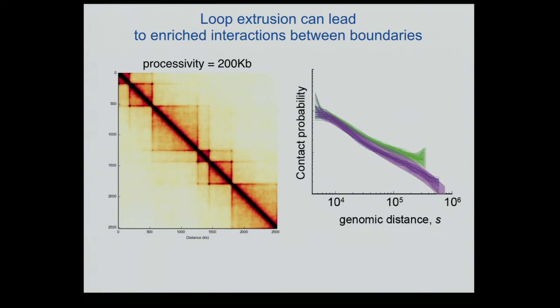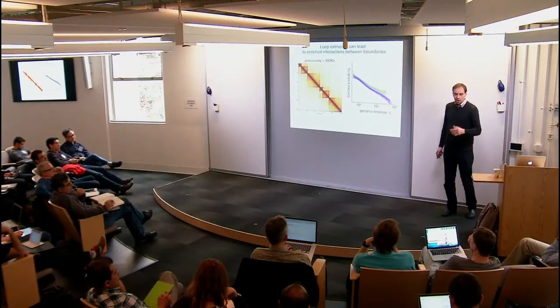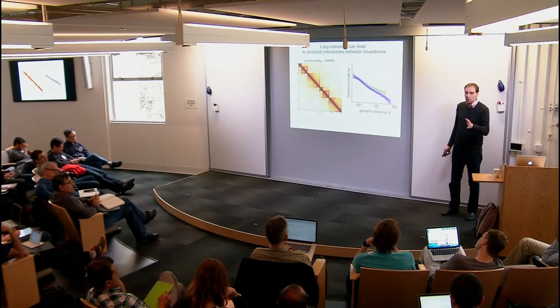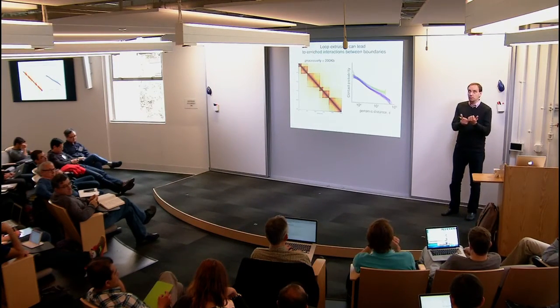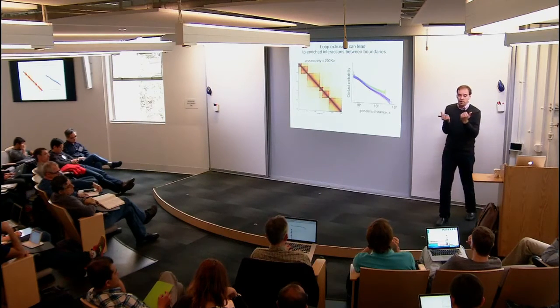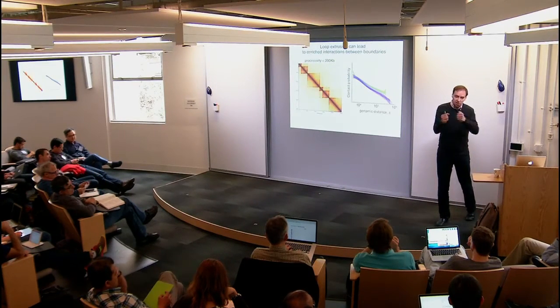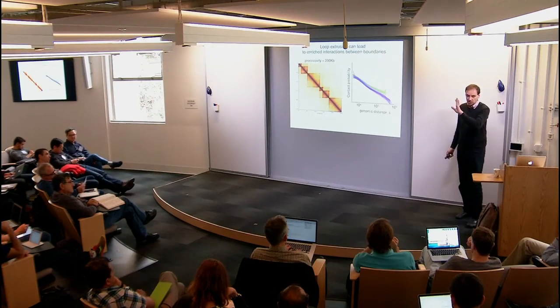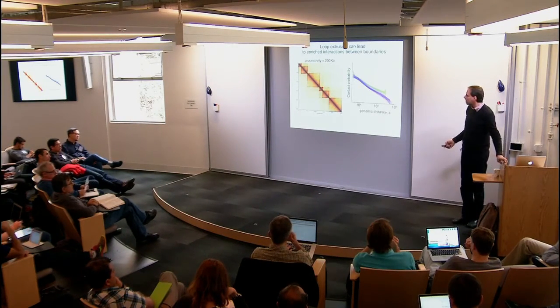How many boundary elements are assumed to be there, 100% of them? They always sit there, right? In this case, they're assumed to be always there, but again, at the end, I can show you what happens if you make them permeable. And they are also bidirectional boundaries. They prevent things from going in this direction, and they prevent things from going in that direction. So it's an ideal gas model. I can add anything on top of that.